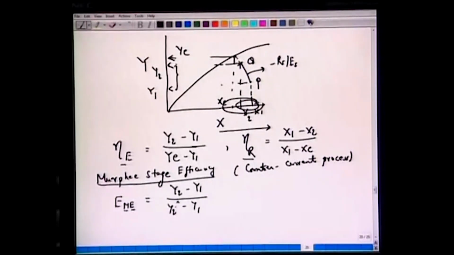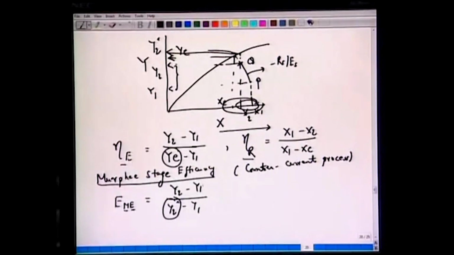So notice the difference. Now we are defining y2 star instead of ye. So all it means is that whatever we have at x2, we extend this x2. If you recall from our previous lectures, hypothetical concentration x2 is in equilibrium with this y2 star. So we are saying that the bulk concentration of this phase is in equilibrium with this composition of the second